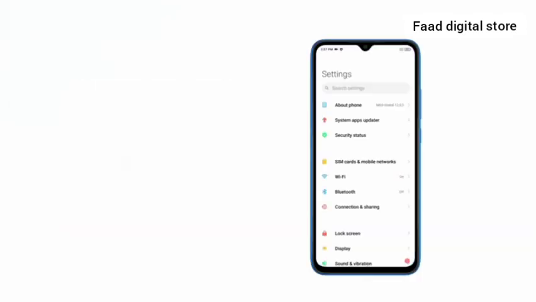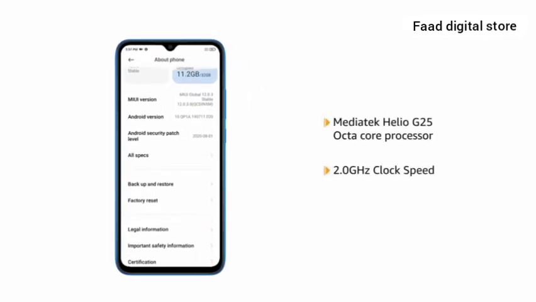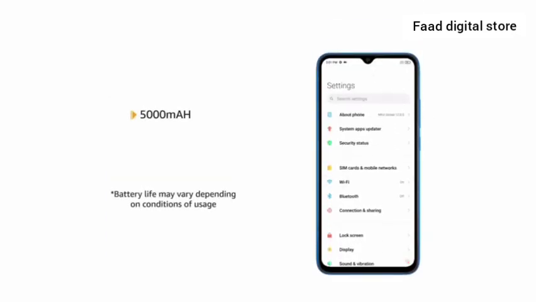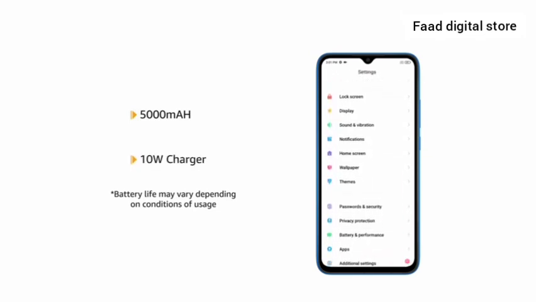It has a 5 megapixel front camera. Redmi 9A is powered by the Android 10 operating system with up to 2.0 GHz clock speed MediaTek Helio G25 octa-core processor. It is equipped with a 5000 mAh lithium polymer battery with 10-watt wired charging in box.